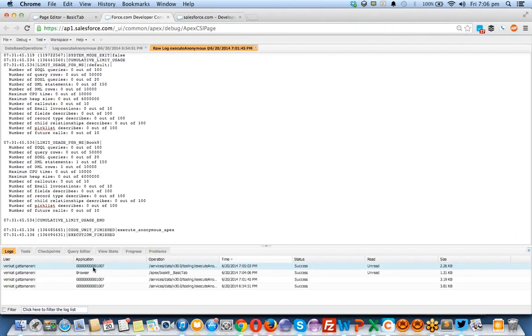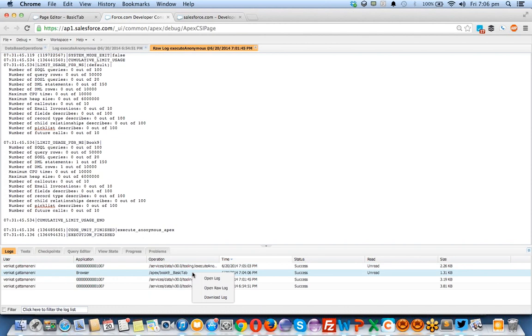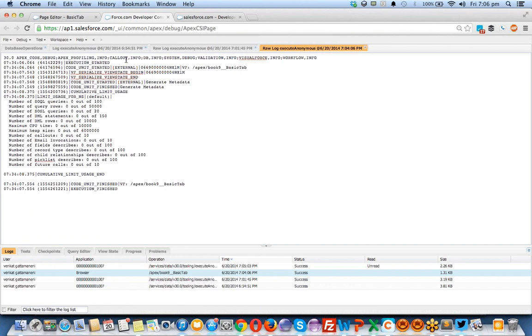It's showing when you're clicking on this, you have executed this page, and this is the debug log for this. Let's open the raw log for this. Open raw log. See, when I'm calling this action, it's opening this page, and we are calling this ID. This is the view, and so this is the view state. So this is the ID of the VF page what you have opened. Okay, and here is the metadata, and you are not doing anything here, so it's simply blank. So you are simply displaying the things. We are using only standard operations. That's the reason you see all the things at 0000 here.